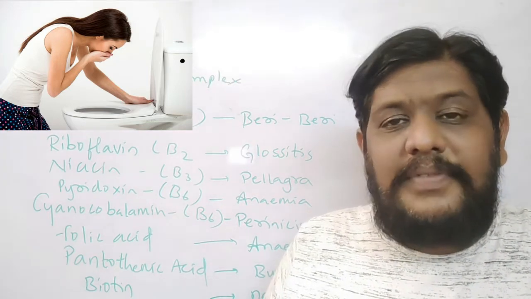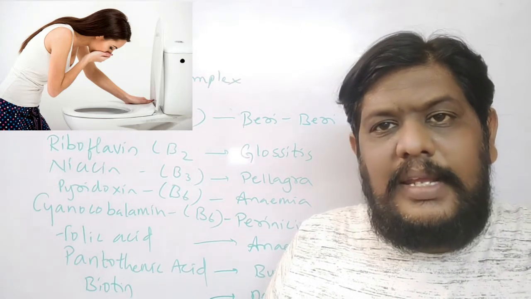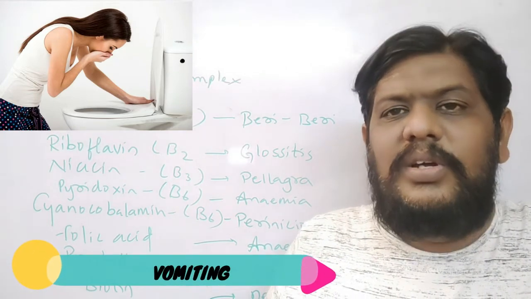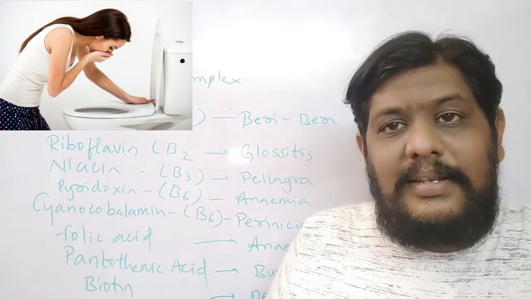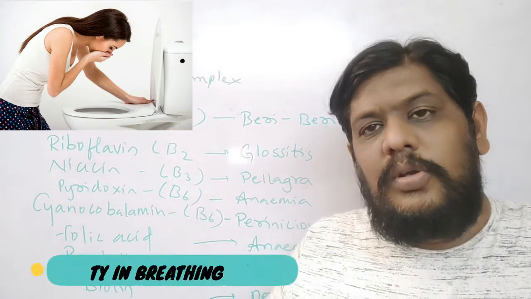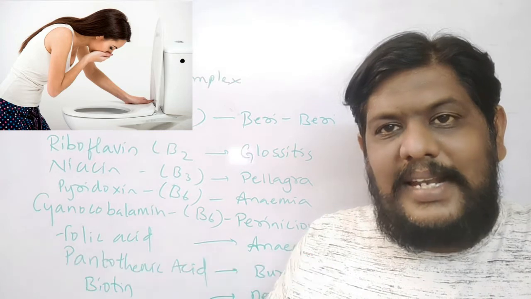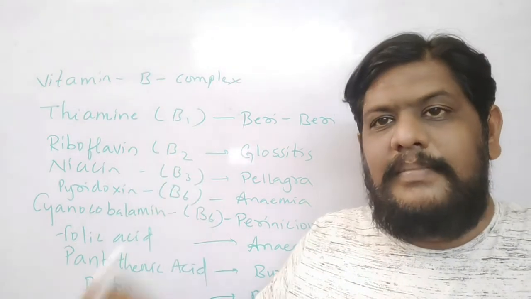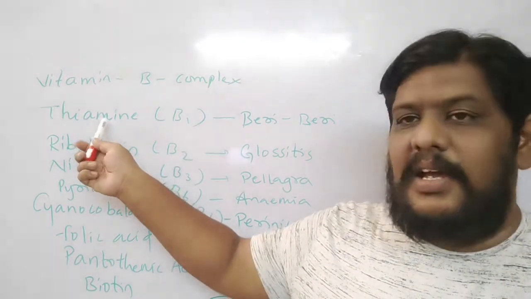Okay, and then loss of appetite. Loss of appetite means the child, or the person, will not have any interest in eating food, and that is how he will lose weight and also energy. Then there will be difficulty in breathing, and also the person may get paralyzed. That means the hands and legs will not work, they will not be able to move. So these are all the symptoms which you can find when a person is suffering from deficiency of